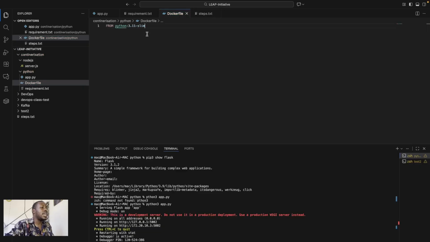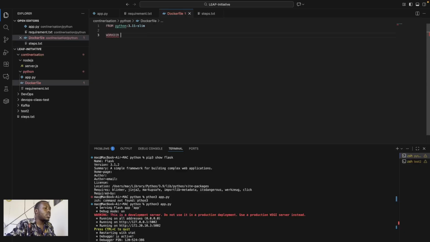this. This is an image and this is okay to use. If you check Docker Hub for images, you will find this Python image. This Python image lets us know that in this Docker image that we are going to be creating, Python would have already been installed because our foundation is from a Python image. So that means Python is already installed. So what we do next is the next command, which is WORKDIR.